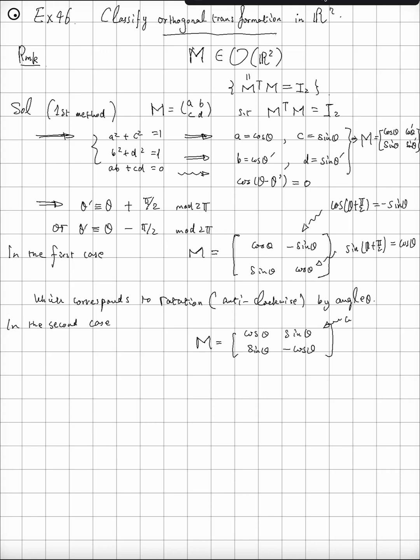Similarly, this corresponds to cosine of theta minus pi over 2 equals sine theta, and correspondingly. And the second one corresponds to reflection with respect to the line